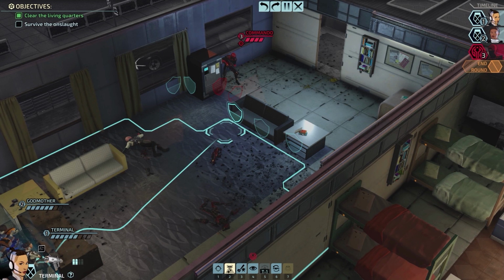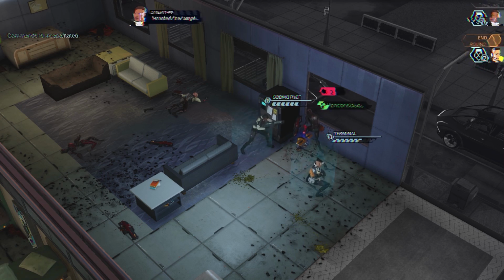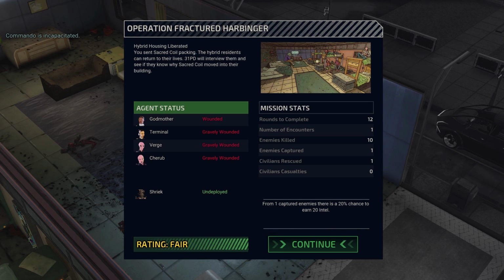Okay, good. We need to get just a little bit closer. In fact, we could actually just wombo combo this dude into unconsciousness. Arrested the target. And he is taking a rest on that windowsill. Well, ladies and gentlemen, that